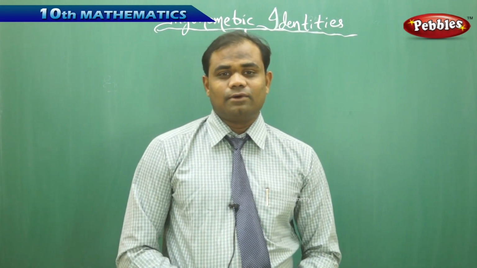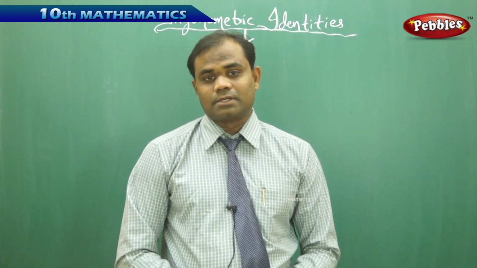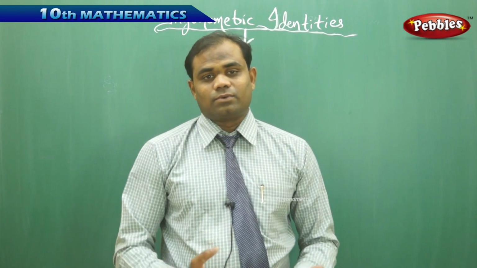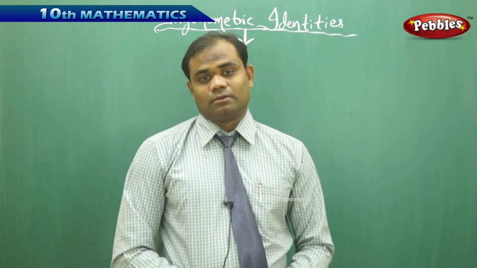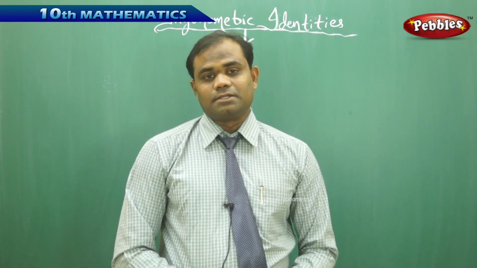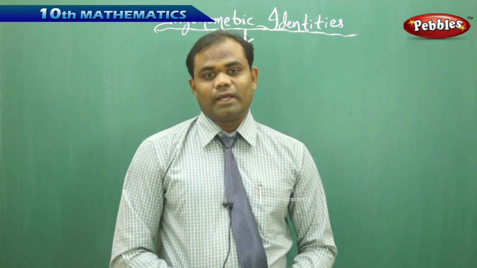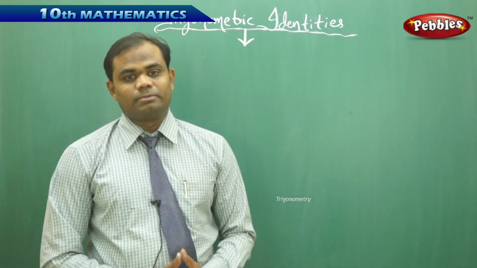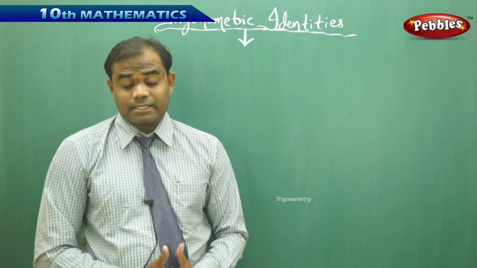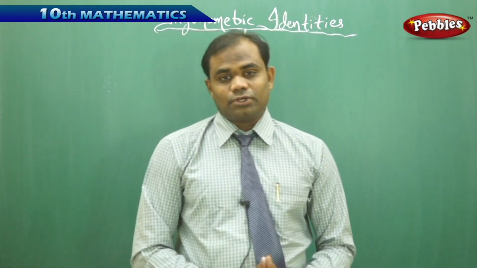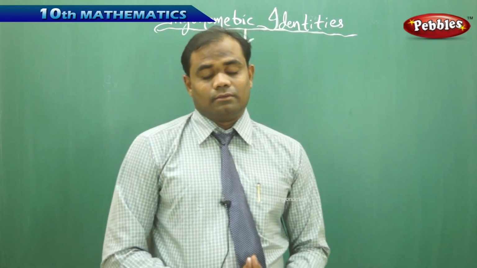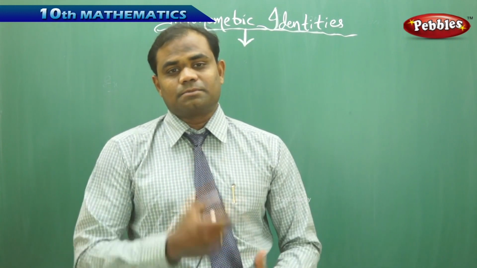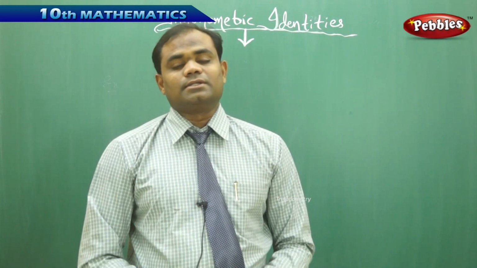Universally, you take any value of a and any value of b in mathematics, it is mathematically true that (a plus b) whole square is equal to a square plus 2ab plus b square. This proves that it is an identity because it is universally true for any two values taken for a and b. So such expressions which are true for all values are said to be identities. So trigonometric ratios are also connected with identities. There are some basic identities for which you take any angle and substitute in the equation, you get equal.